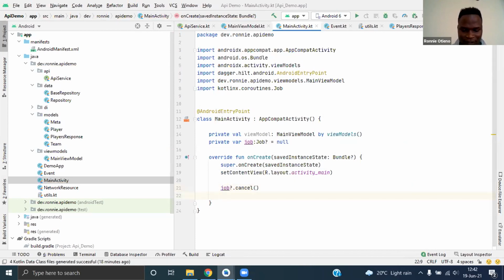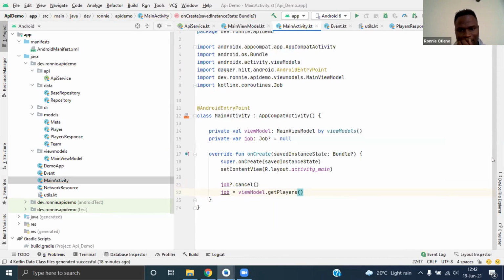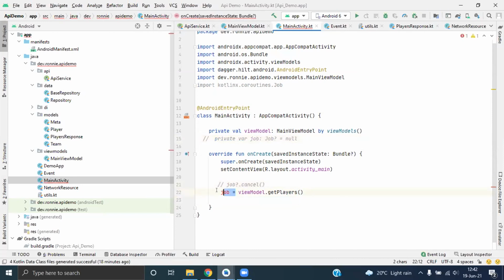Then we put job is equal to viewModel.getPlayers. Then we can cancel this job anywhere we want, but I don't think it really matters here. So let's just comment this job out.